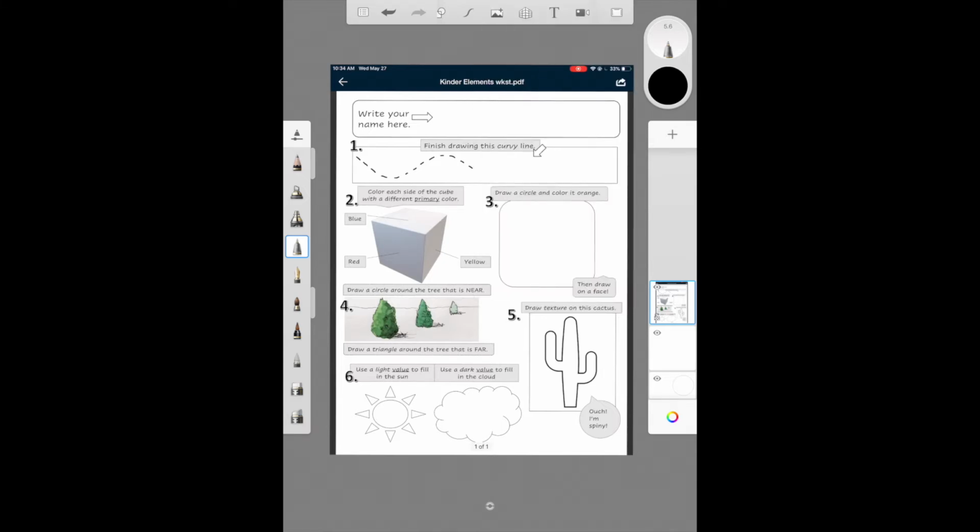The first thing you need to do is write your name here. So I'm going to write Miss Hout, and I'm just going to try my best to do that with my finger. Then I'm just going to keep the same color and the same size of my pen tool and move to number 1. Number 1 says finish drawing this curvy line. So what I'm going to do is trace over this curvy line with my finger and try my best to